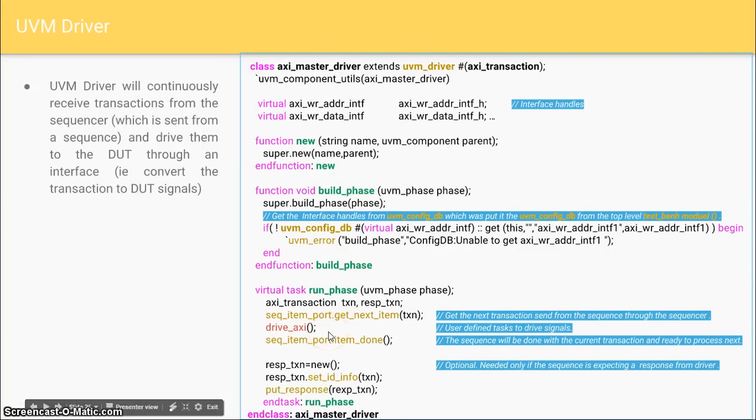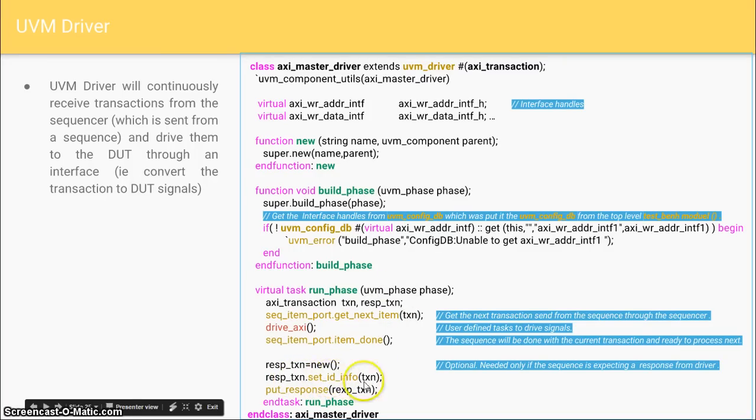Sometimes in your testbench you might want to send response transactions to every transaction that you are receiving. If that is the case, you should create the object of the response transaction, and set the information regarding the transaction ID to which you are sending the response. That is done by response_transaction.set_id_info of the transaction received from the sequencer.